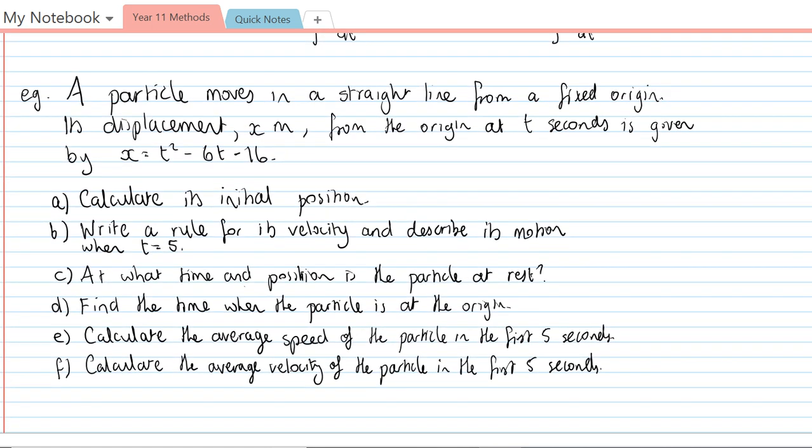At what time is the particle at rest? Find the time when the particle is at the origin. Calculate the average speed of the particle in the first 5 seconds and calculate the average velocity of the particle in the first 5 seconds. So,